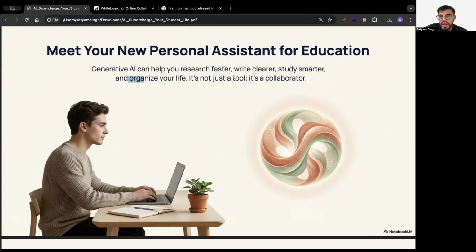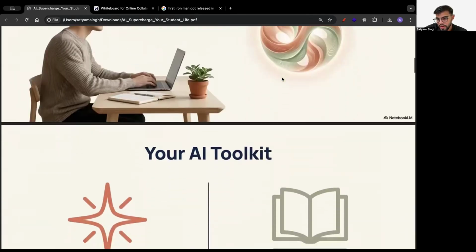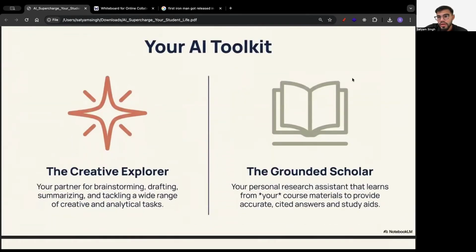So that is a use of AI. You can organize your life. It's not just a tool, it's a collaborator, it's your friend now, as of now, right? So we have too many things